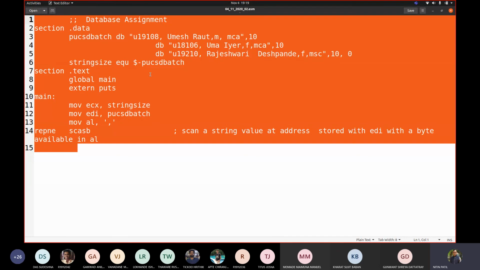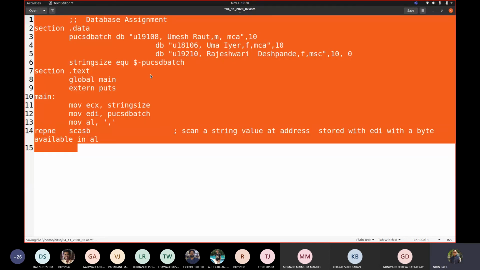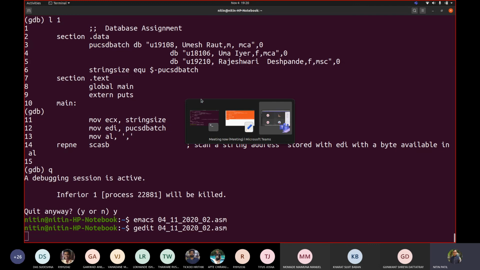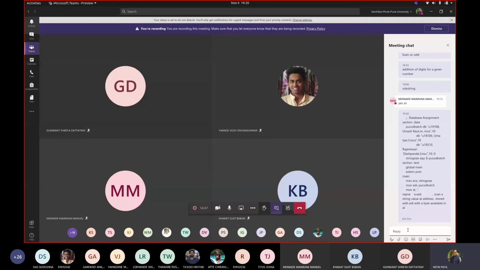That's why repeat till not equal or repeat till equal. Correct. REPE or REPNE. Somebody was asking in the previous session what is REPE. So you can see here how we used REPE. I will copy and paste this code here for your reference.